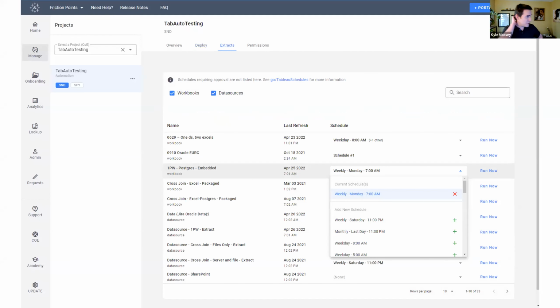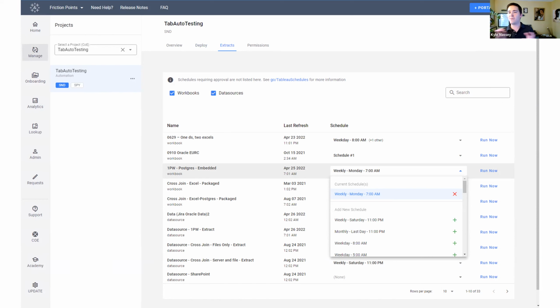Just some other things that we've built in here. When you're looking at this section called extracts, this is where, for things that have an extract connection in them, we give the users the ability to run now, like you would, or refresh extracts on Tableau Server and add or remove extract schedules. And this is, again, one of those things where we can't give them the ability to do this on a production server because they would be able to do other things.